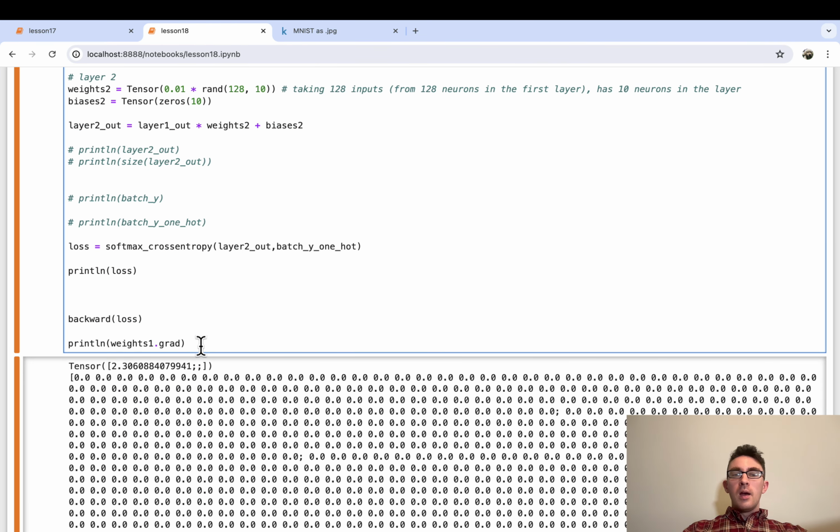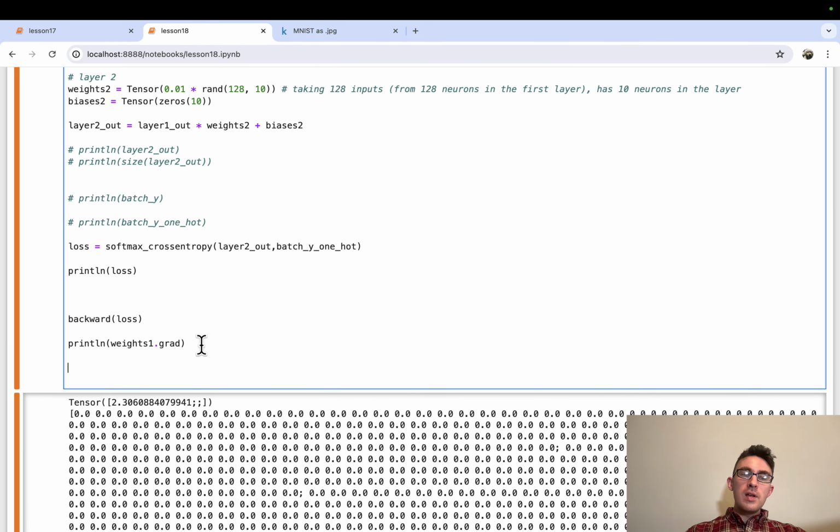But yeah, so what this allows us to do is, now that we know the derivative of the loss with respect to all of these parameters in weights 1, we can update the parameters in a way that will basically go in the opposite direction of these derivatives so that the loss will be nudged downward. So the way we're going to do that is we're going to say